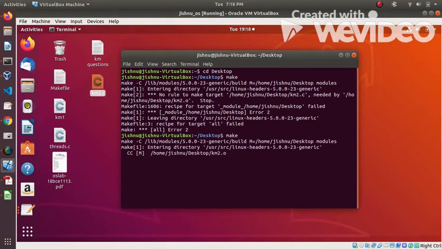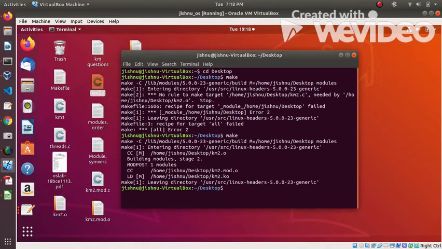I just entered make, and as you can see, all the required files are created.